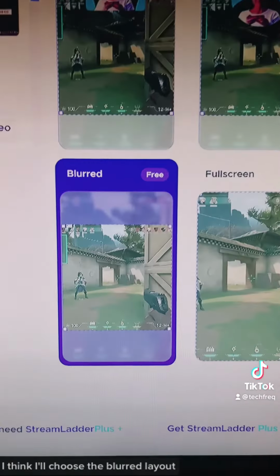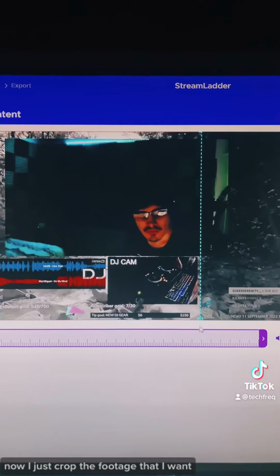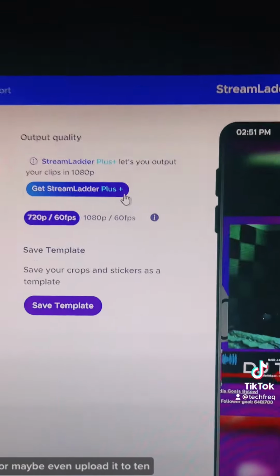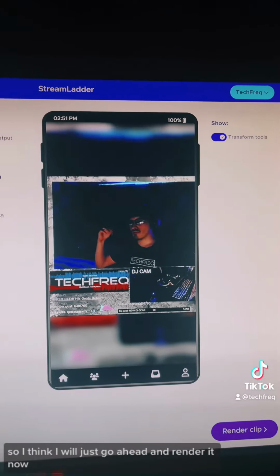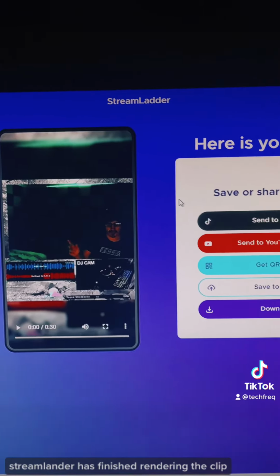I think I'll choose the blurred layout. Now I just crop the footage that I want. Now I think that looks pretty sweet, but if I want to add some custom text or stickers, or maybe even upload it to 1080p quality, I think it's pretty straightforward, so I think I will just go ahead and render it. Now this may take some time while it transcodes,